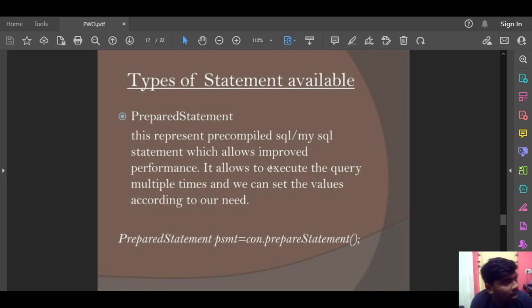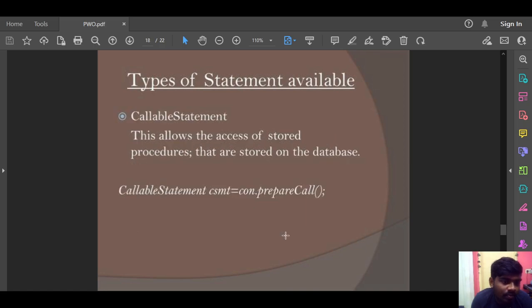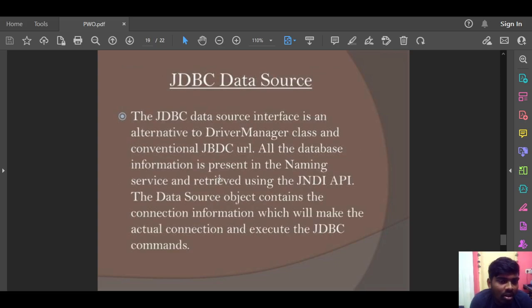It allows us to execute the query multiple times and we can set the values according to our need. PreparedStatement psmt equals con.prepareStatement. CallableStatement allows the access of stored procedures that are stored on the database. CallableStatement csmt equals con.prepareCall.